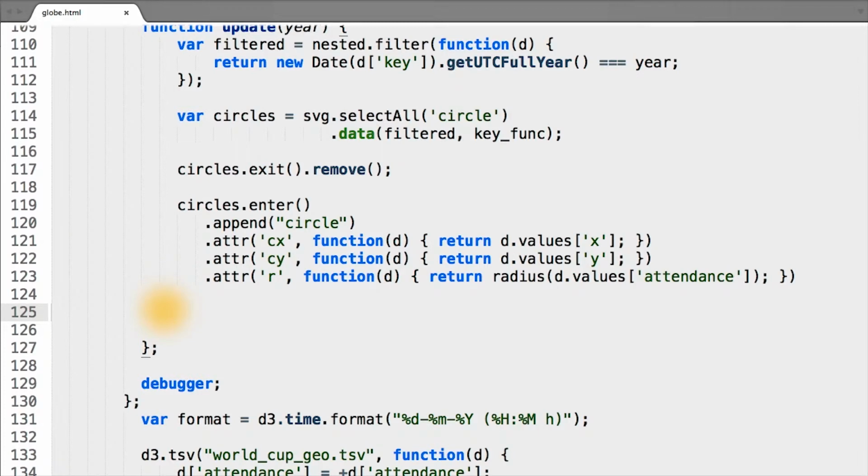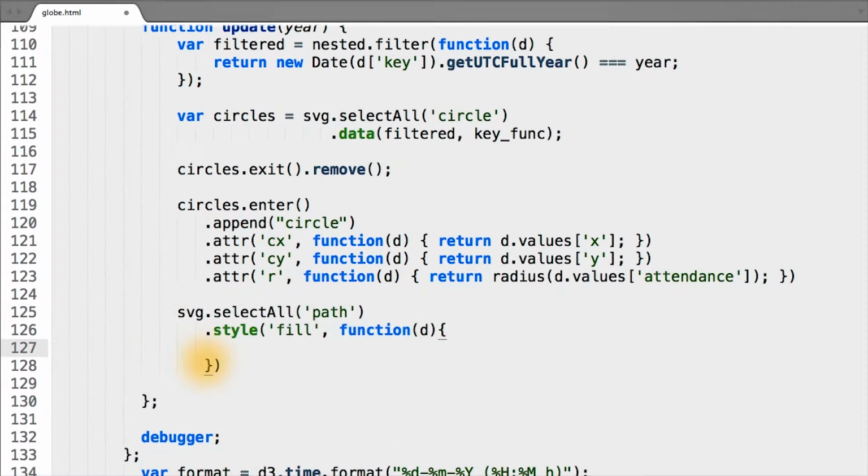Now that I've shown you that we can easily remove and add circles based on some selection, let's get to the last piece that our update function needs to perform. As I mentioned previously in the lesson, we want to highlight which countries participated in the given year of the World Cup and hide every other. To do this, rather than removing and adding paths of countries, I'll simply change their fill and stroke accordingly, depending